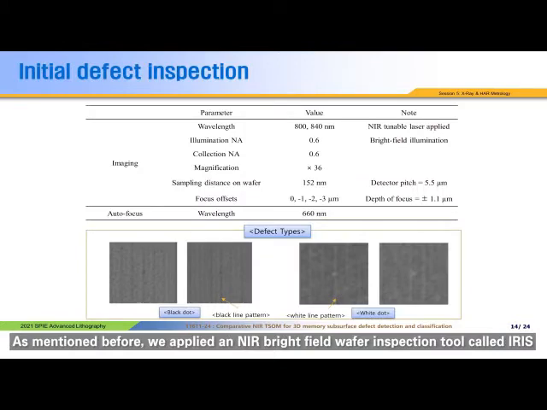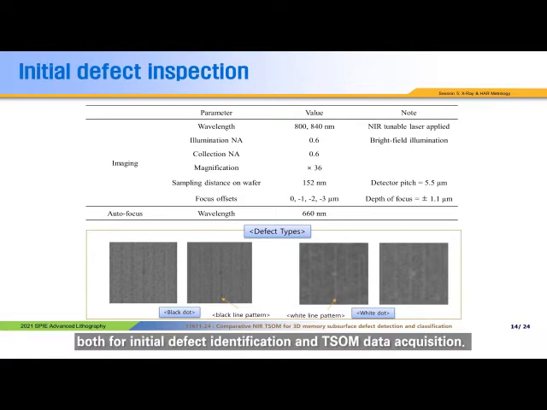As mentioned before, we applied a near-infrared bright field wafer inspection tool called IRIS, both for initial defect identification and T-SUM data acquisition. The principal image acquisition parameters for initial defect detection are listed in this table. I would like to mention that the imaging wavelength is near-infrared, which can penetrate the inside, while autofocus is accomplished at the top surface via another light source at 660 nanometer, at which most wafer layers or films are